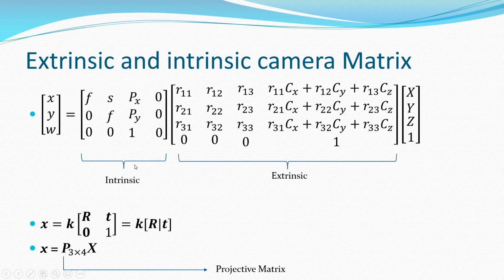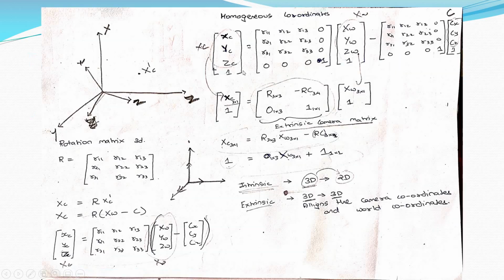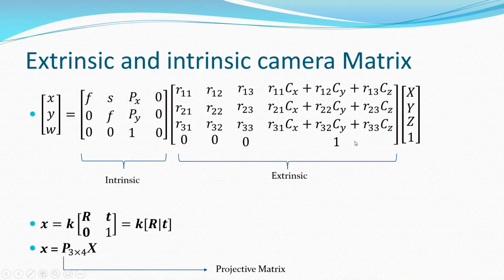So we saw about the intrinsic camera matrix and we saw about the extrinsic camera matrix. It was in the extrinsic camera matrix video where I derived this equation that you see over here, the equation for the extrinsic camera matrix. If you just multiply these two matrices, you will get a vector, and you just subtract this from here.